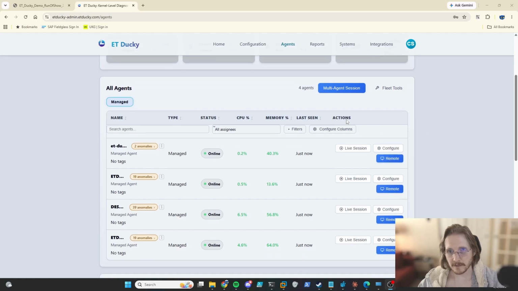One of the features that I think is probably going to be underutilized by some people, but would be super helpful in niche scenarios, is the multi-agent session. When you have an issue in your environment that's kind of pervasive, but you can't identify it easily because it's impacting some hosts randomly or maybe multiple hosts, and it's just difficult to pinpoint exactly what the root cause is,